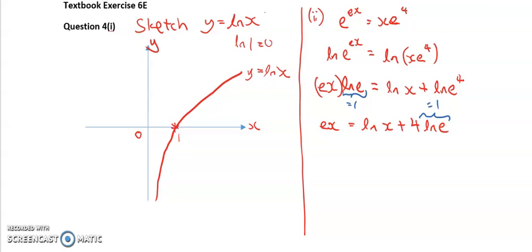So we end up with the equation x equals ln x plus 4. At the beginning of part 2, I mentioned we need to get ln x on one side of the equation, so with some manipulation,